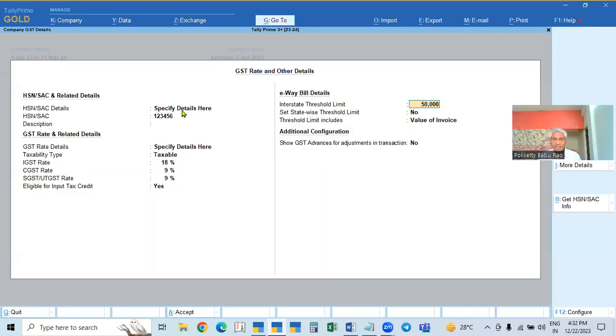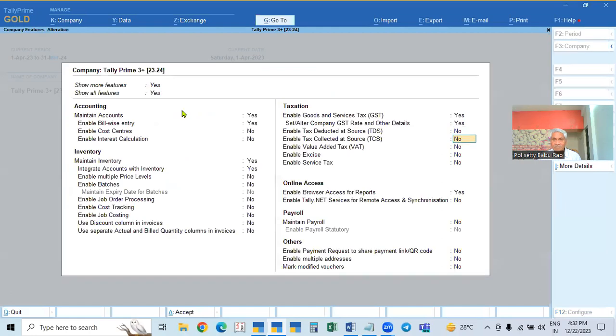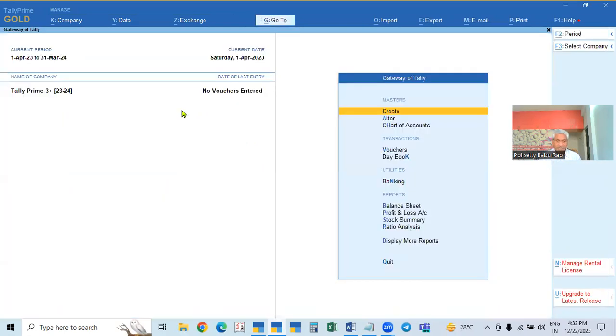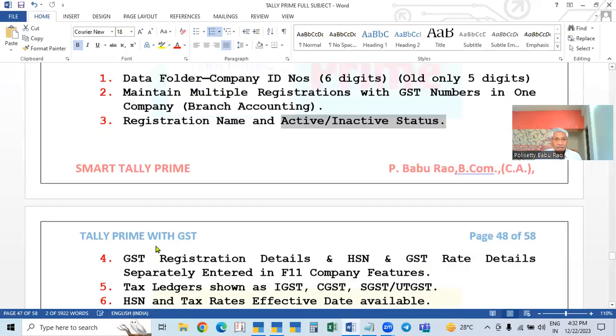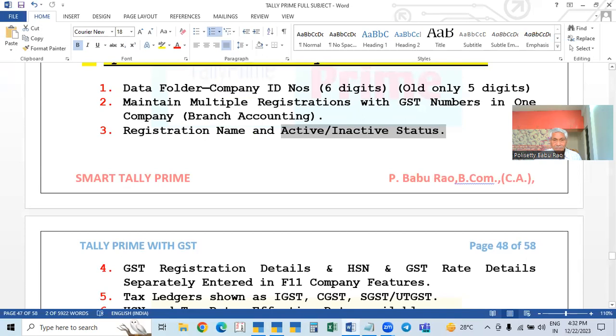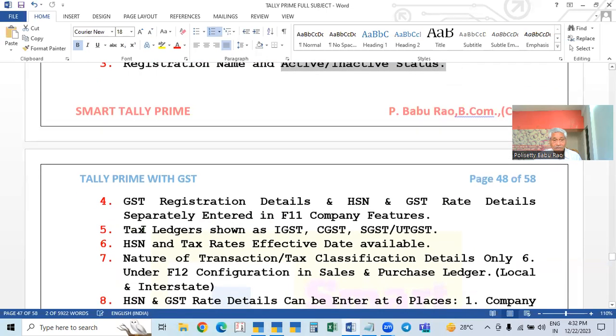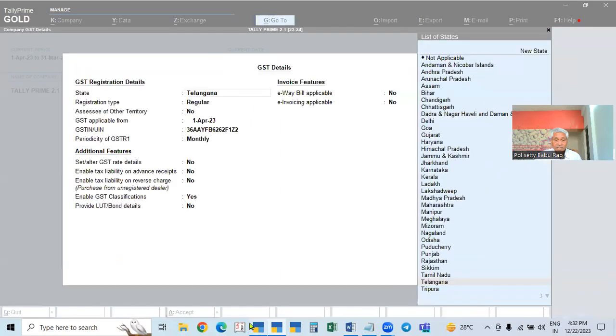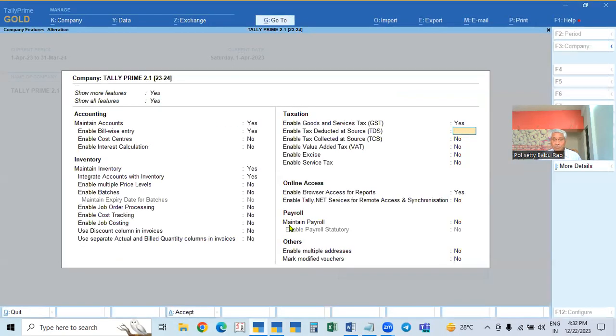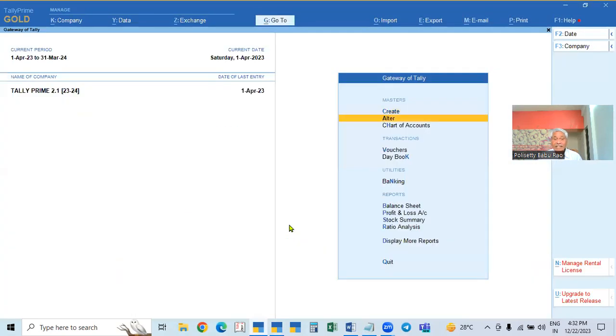Okay, so it is asking the date and it is accepted. Then accept this page. This is the F11 features. Accept that. How? Like this. See here. So registration, name, active, as well as registration details, GST, HSN, and tax details are separated. Okay. And the next one is the fifth one. Here, in the case of 2.1,